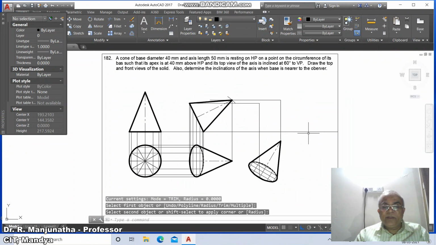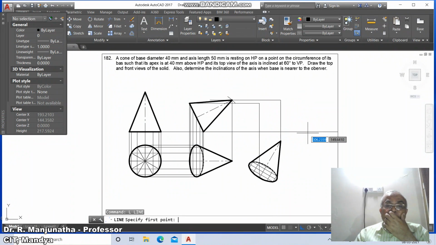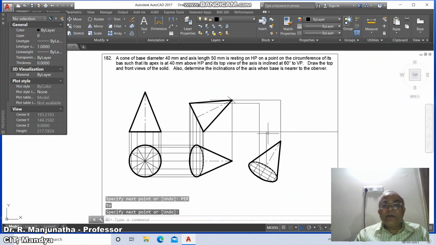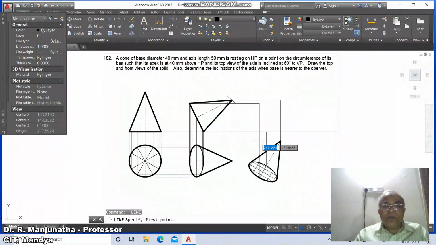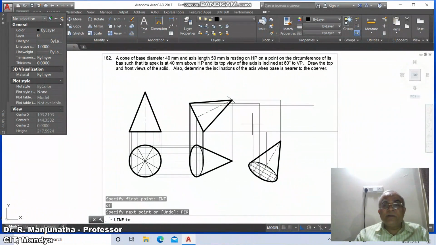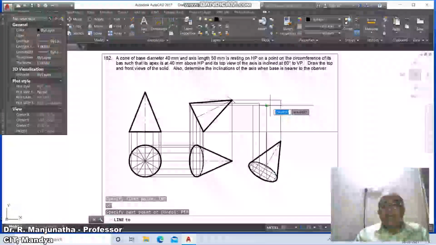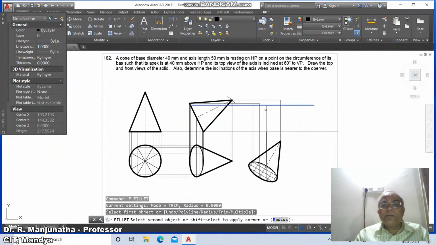And similarly line, then int of this and take perpendicular to this, then go to line, take endpoint of this and draw a horizontal line, then go to line, int of this and draw perpendicular to this, then go to line, int of this and draw perpendicular to this, then go to fillet between these two.